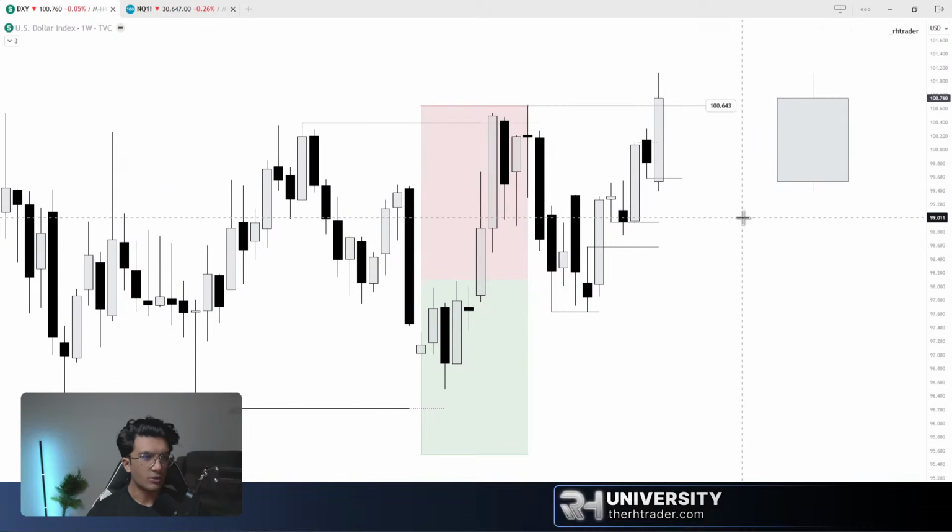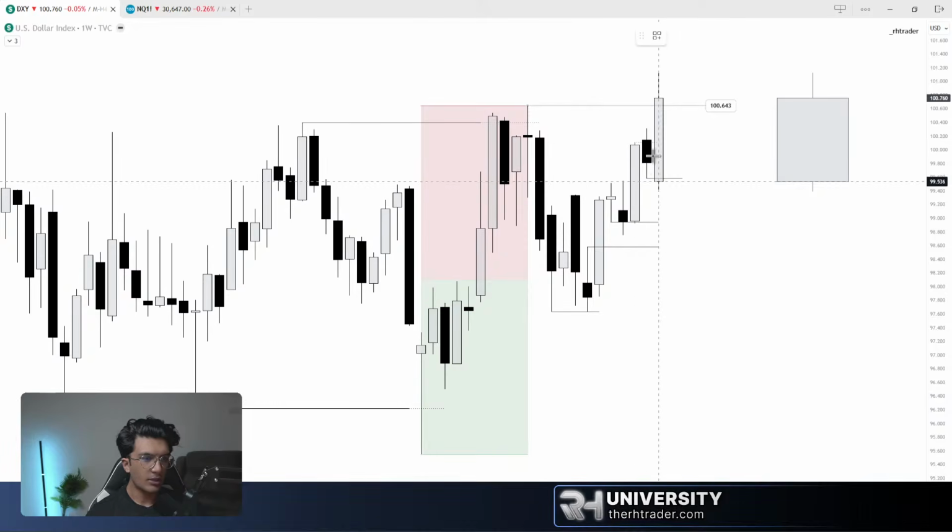It is a really important liquidity pool. It takes it out, taps and fills this fair value gap, right? So we have the exact same thing we had here. Price taps into it and expands higher to the objective I outlined, right? As I mentioned, these are scenarios where you should be quite confident with your bias.